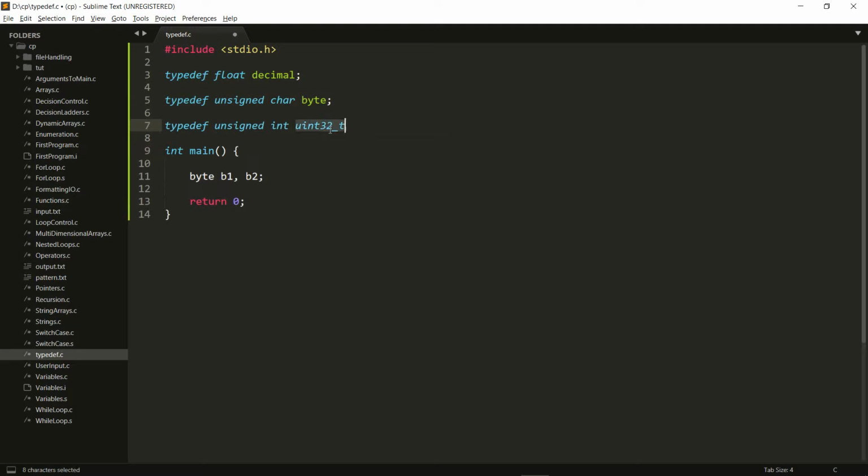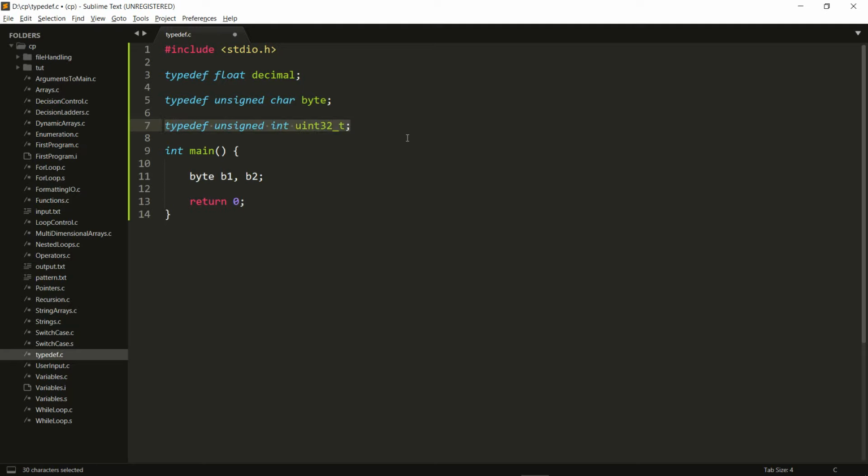And this uint32_t is basically just, the uint stands for unsigned int, and then the 32 is for the number of bits. So if you remember, an int is 4 bytes, that would be 32 bits. So that's what this means, and this is often used a lot of times.